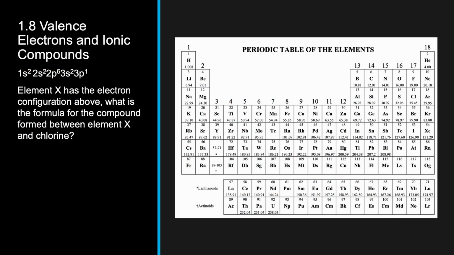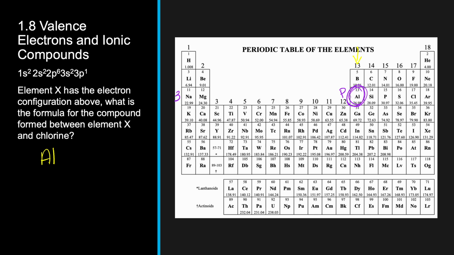All right, let's practice a free response question. It says element X has the electron configuration above. What is the formula for the compound formed between element X and chlorine? Here element X ends in 3p1, so we go to the third energy level, the p sublevel, and it is the first element, so we know element X is aluminum. Aluminum has 3 valence electrons,